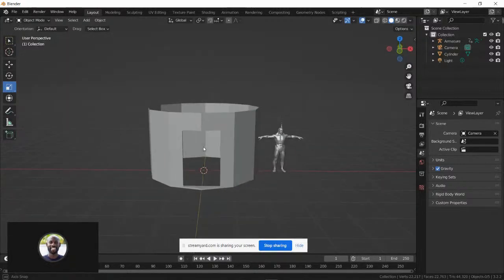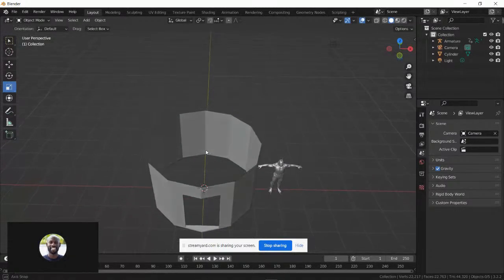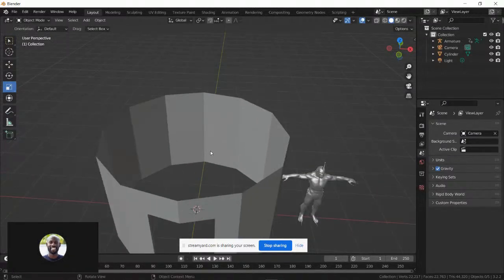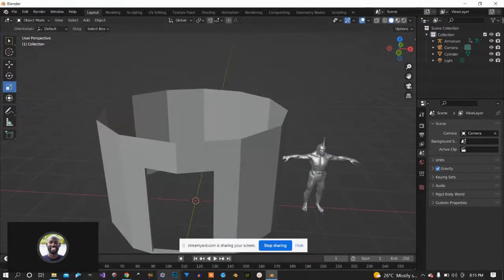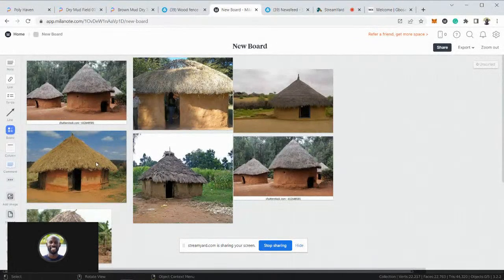So we already have the door cut. The next thing we need to do is start shaping out the roof. And if we go back to the reference picture I opened initially, the hut is not completely